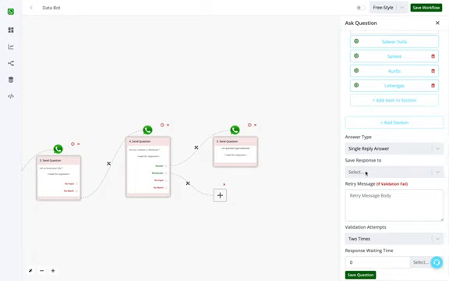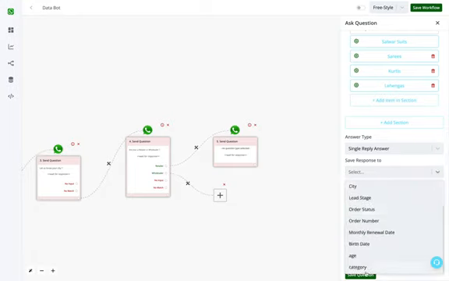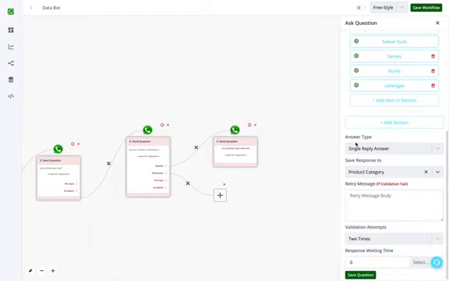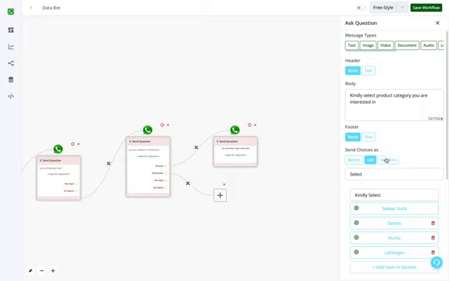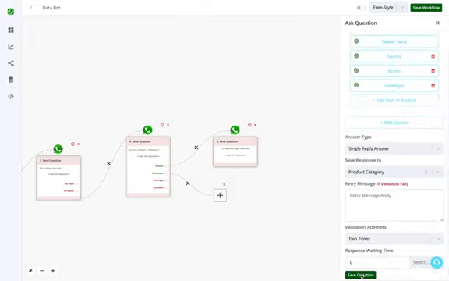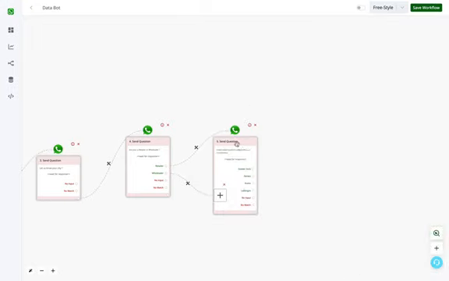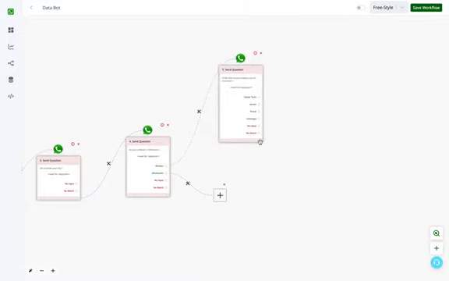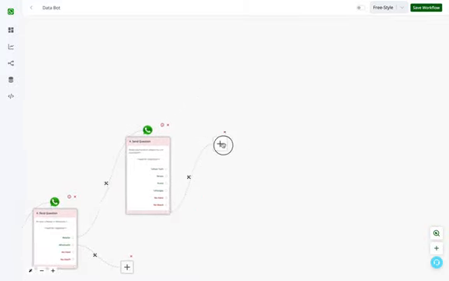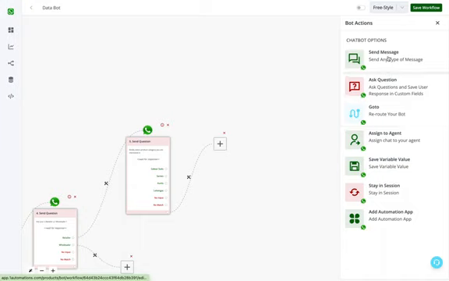And then I'll save this reply to product category. We have another option of multiple reply answer, but you can avoid it for now. We'll have a separate video on how to utilize this. So always use single reply answer if you're unsure. So I'll select this, the reply to this message will be product category, and I'll simply click on save response. Now here whatever user replies, in the next step, I simply want to say that